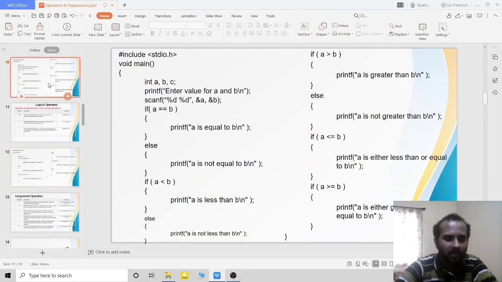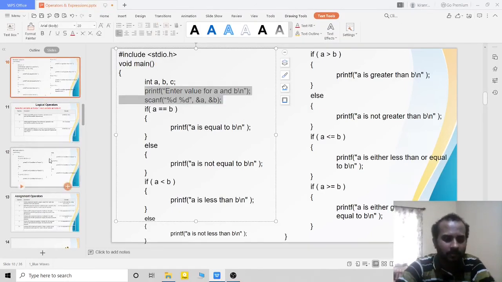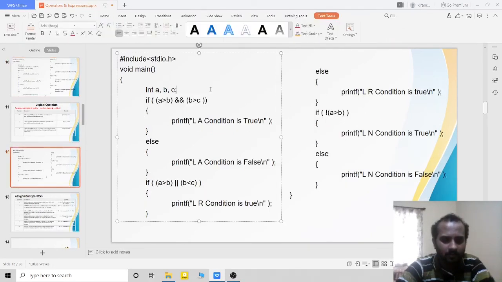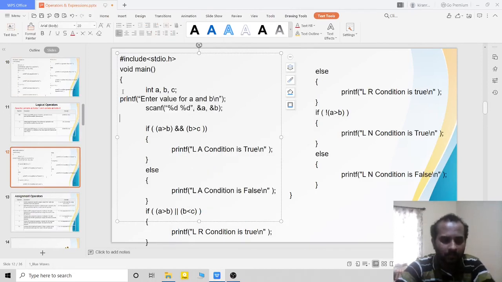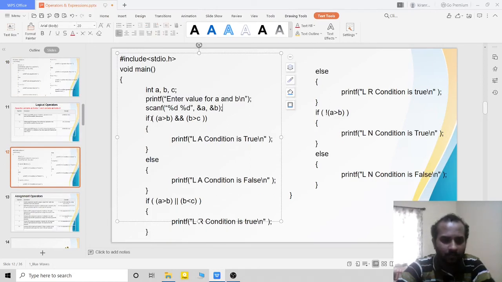So let me do that. I'll be trying to take the values from the keyboard now. So here I'll be taking the values for three variables, right? A and B and C.